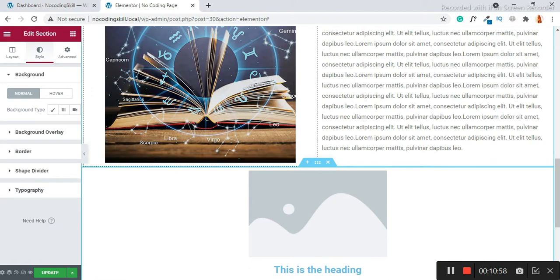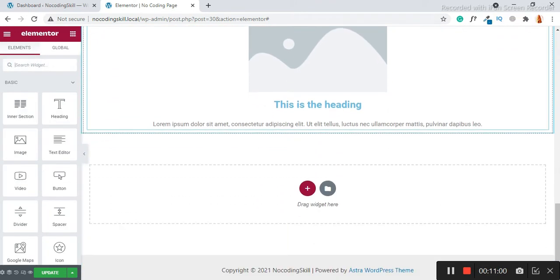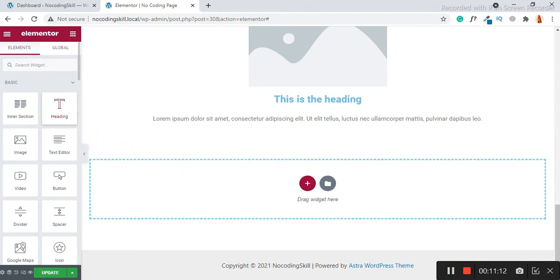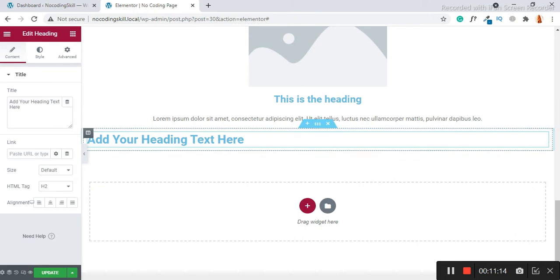Okay friends, one important thing: if you don't take a section first before taking an element, and you drag and drop this element here, it already comes inside a section. Please remember this.